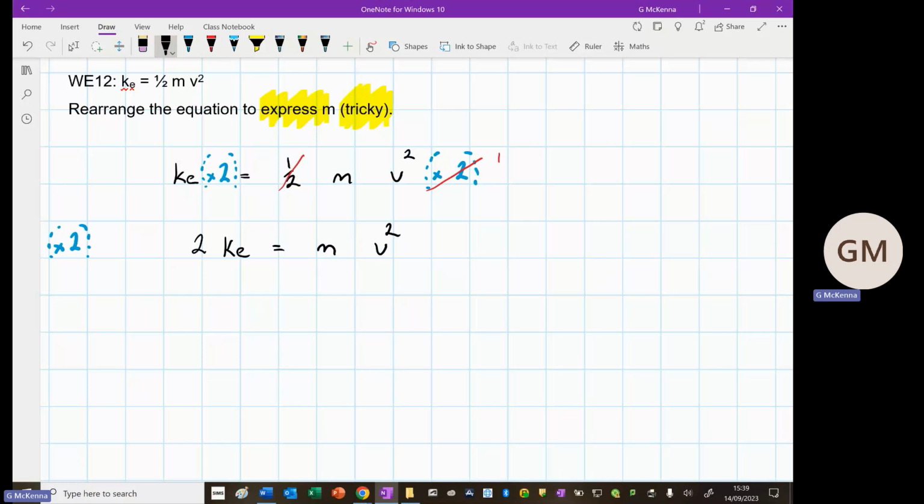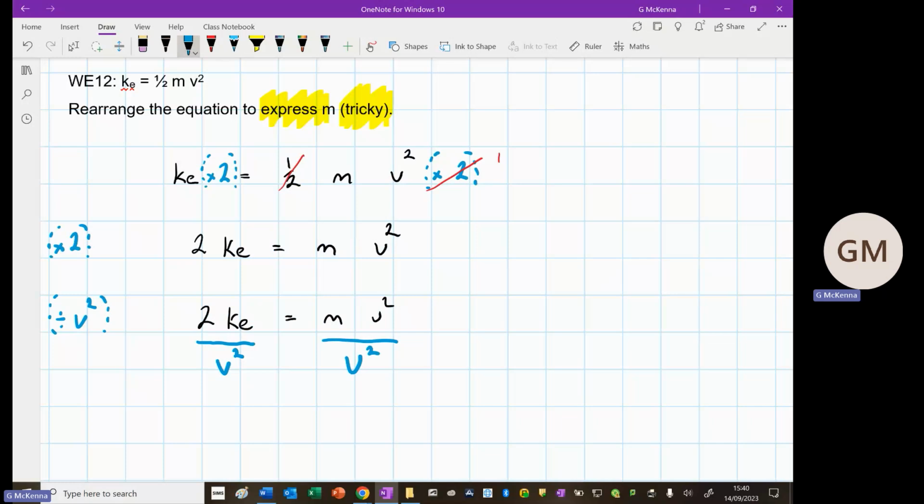Next thing we want to eliminate, again, we want m on its own, so we want to eliminate this v squared. And so the next mathematical operation we want to do to both sides is to divide the equation by v squared. So that becomes 2 times kinetic energy equals mv squared. I'm just dropping down a level to do this operation. And we'll just divide the right hand side by v squared,